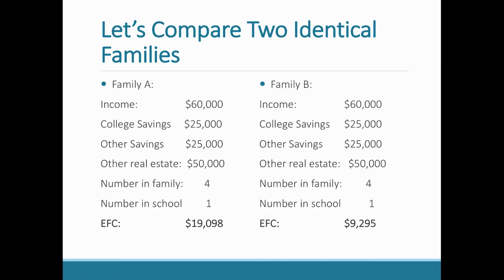So, as you can see, 2 families side by side. Family A on the left, family B on the right. Both with the same income, both with the same college savings, both with the same other savings outside of college savings plans, both with the same amount of real estate or equity in their home, both with the same number of family members, and both with the same number of kids in the school, and a $10,000 a year difference on the EFC. Now, depending on the school that you're choosing, that could be an additional $10,000 a year in financial aid. In other words, that could be an additional $40,000 off the cost of college,